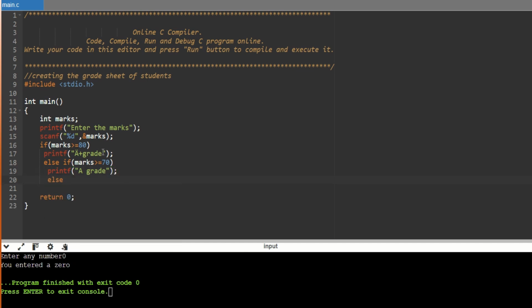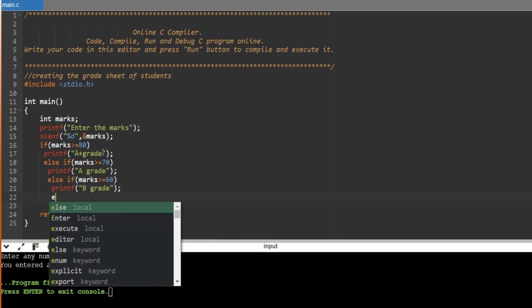Else if marks greater than or equal to 60. You see, after the if statement, I am not putting in the semicolon because that is how the if statement works. Semicolon, then else